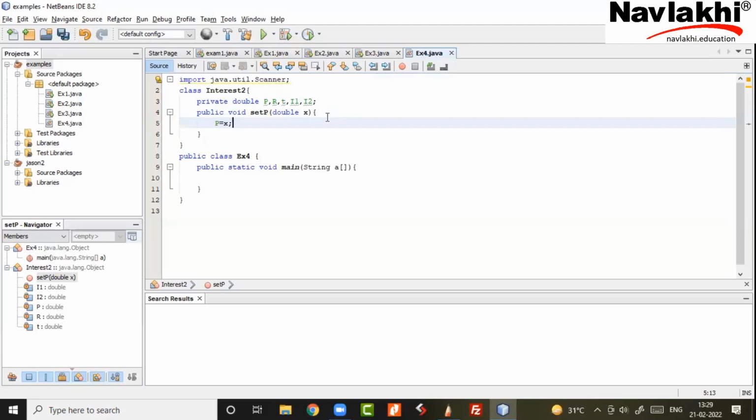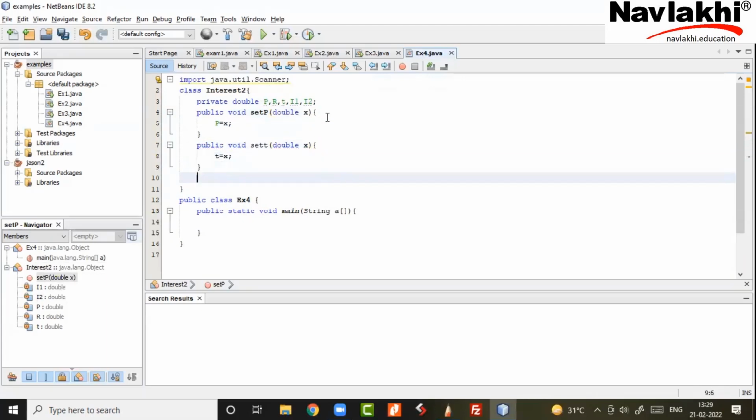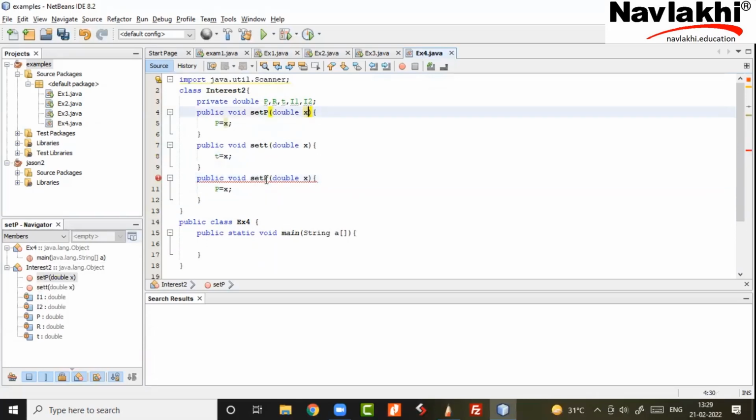अगर X, कहाँ से आएगा? Main से आएगा. So main will take the input for principal. Main will give it to set P, and set P will set it inside P. Okay. Same way, there will be a set R and a set T. Note these are functions, so सब जगह पे X रखूंगा तो भी वो complain नहीं करेगा, because this is just a dummy name. X is just a placeholder as they say. मतलब जो आएगा वो X में हम लोग लेके R को दे रहे हैं, like that.